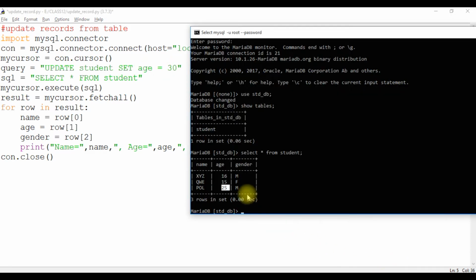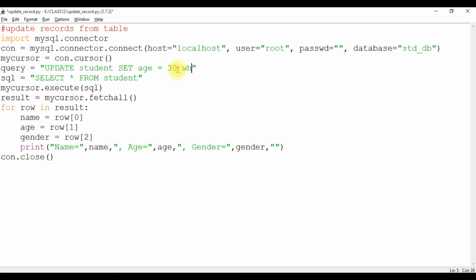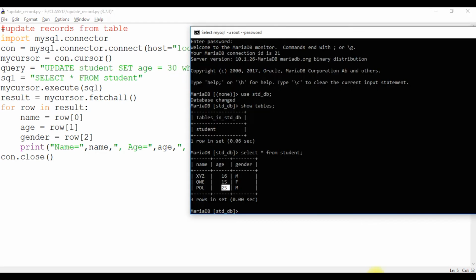We also have a condition so that only one record is changed. The condition will be that name should be equal to Paul. So we'll write where name equal to, and since this is a string, we'll write it in quotation marks, Paul.